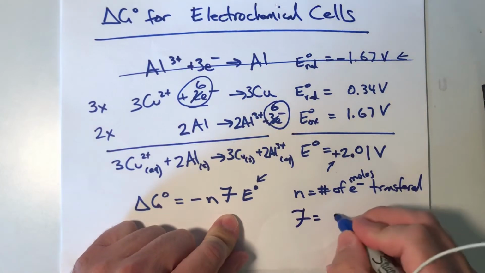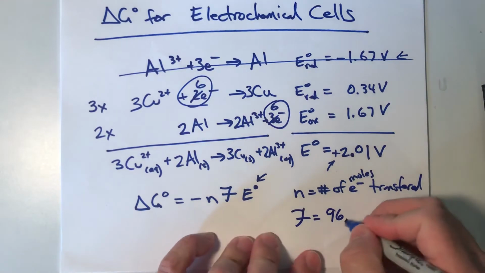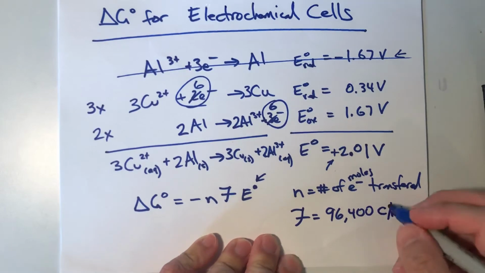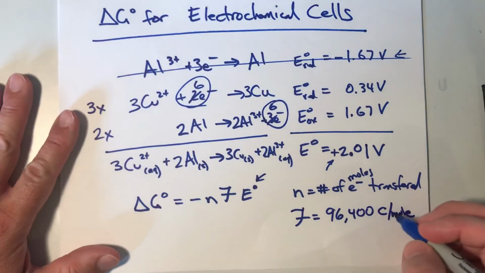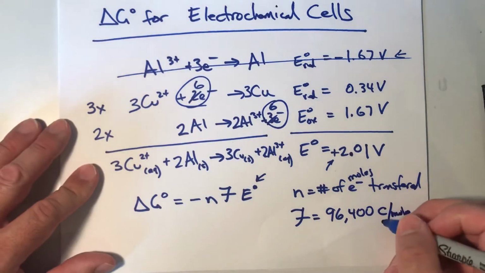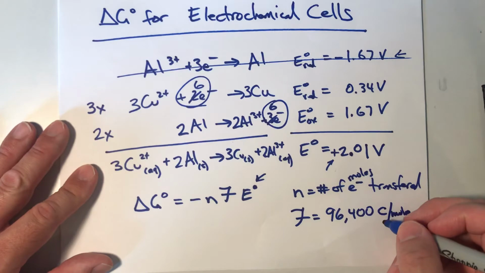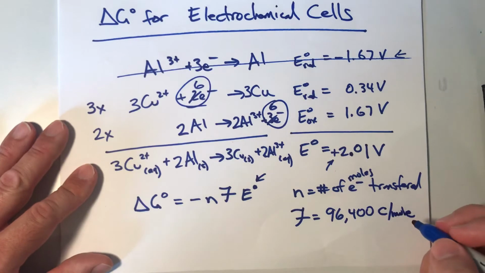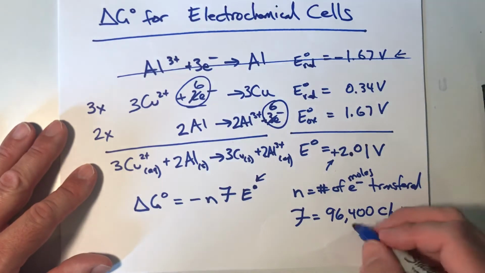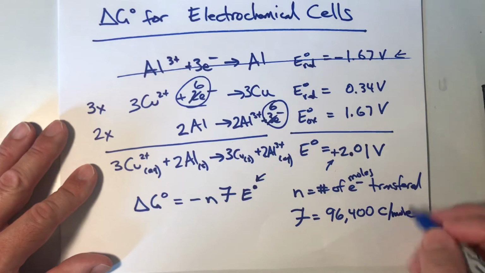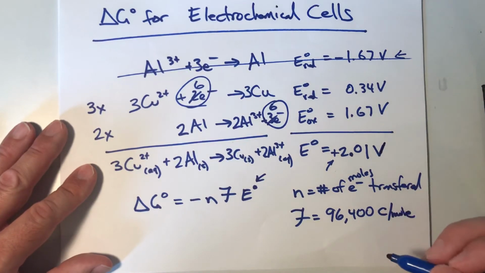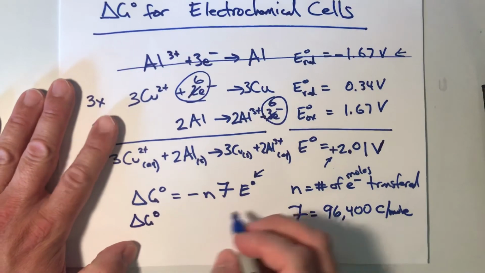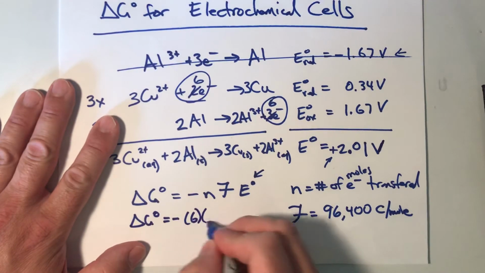F is Faraday's constant. It is 96,400 coulombs per mole. The coulomb is the charge unit in the SI system, and the 96,400 is the charge on a mole of electrons, essentially. So this is the number that's going to allow us to transfer back and forth between volts, which we can measure in the lab, and joules per mole, which is what we want for the units of delta G naught. So when we plug these in, delta G naught is going to be negative 6 times